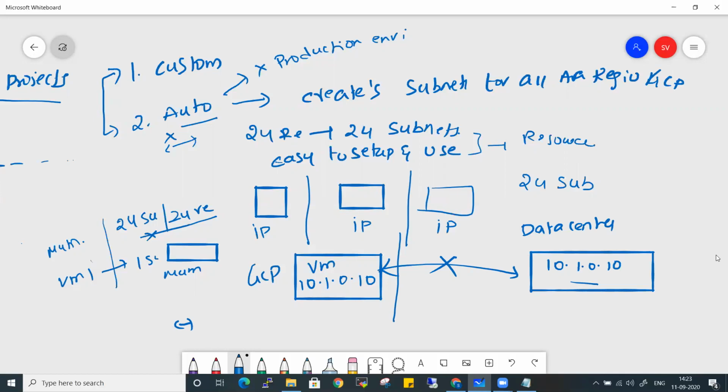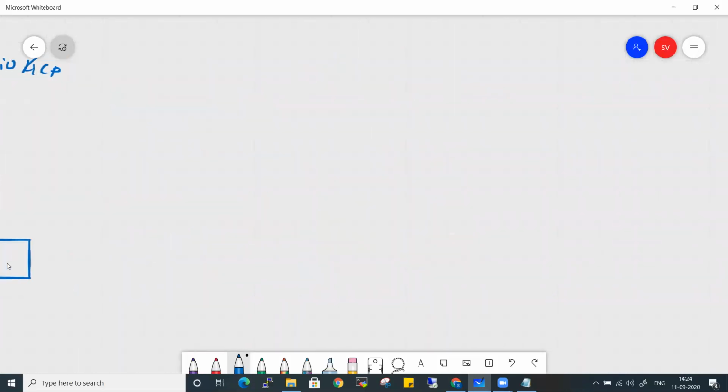So let's understand custom mode. The other option available is custom mode. When you create a custom mode network, there won't be any subnets automatically created. You should create your subnets yourself.